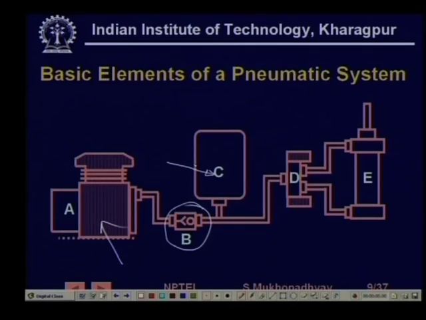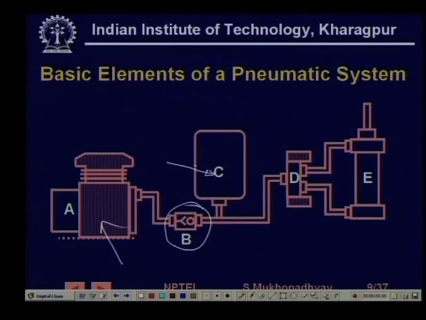This is very much necessary in pneumatic systems to improve response speed, as we will discuss. After that you can have various kinds of equipment. For example, in this case we have only shown a direction control valve, which is trying to drive an air cylinder. This is a very typical and simple system, but in general you can have various other pieces